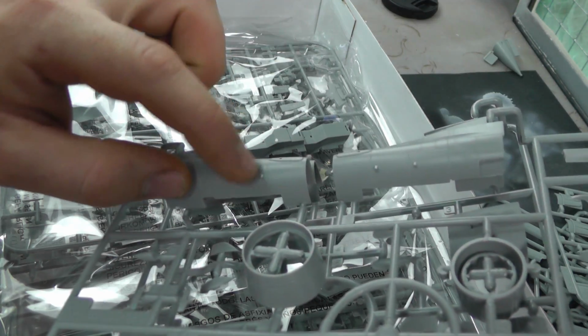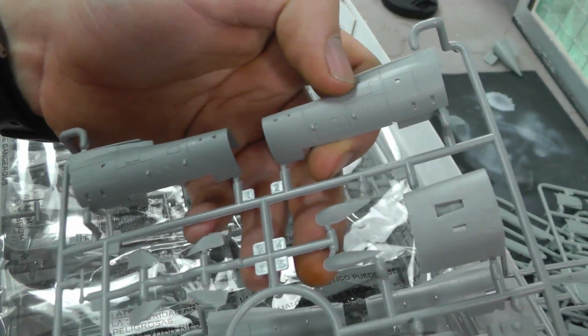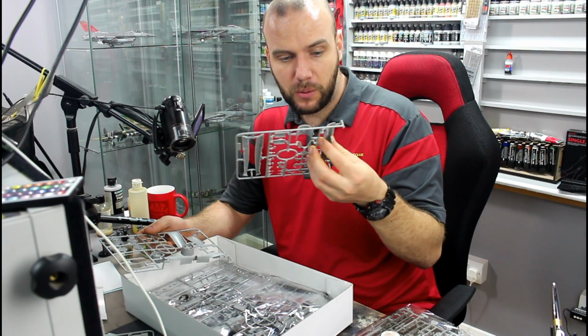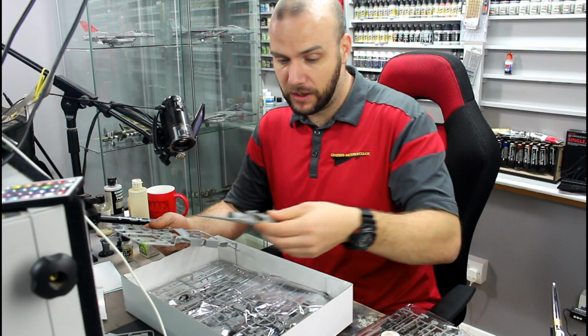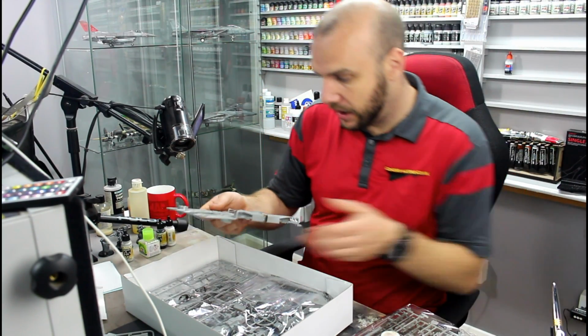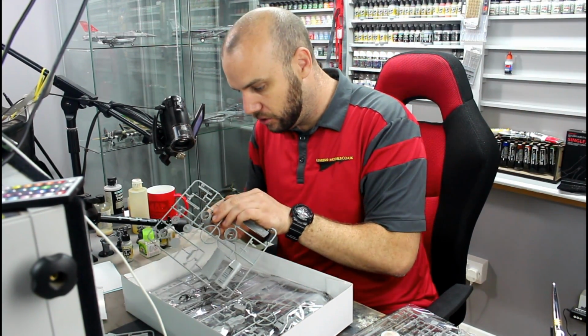you know, actually look like the rest of the kit, but then this set of intakes is all very nice and crisp and looking really nicely detailed. So maybe this is a new tool, a new part that was added for a different variant or something, but there is definitely a noticeable difference there. We do have our engine